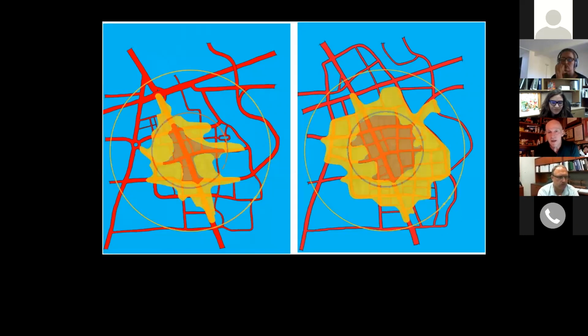The base of that is actually the model, which shows that with the more connected network, the traffic volumes are shared more equitably on all the streets, so all the streets can be made more walkable. So you can see on the right, the area captured within a 5-minute walk is much greater than on the left, where it's a very small area, and same with the 10-minute walk area on the right.